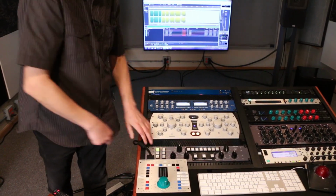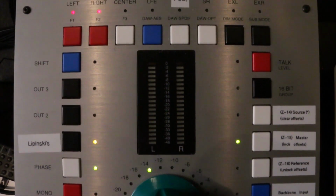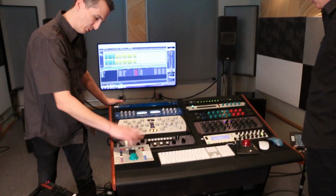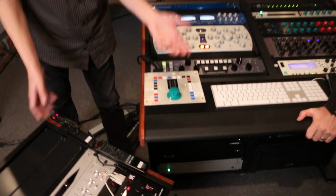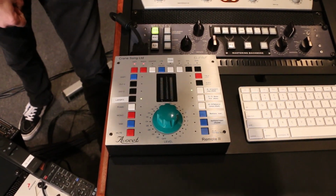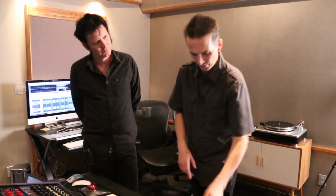On the monitor controller, I can hear the input of the console versus the output of the console, or source, master, reference. And then through my digital patch bay, I can pretty much put anything in there I want as well. So if we're going to listen to a CD, I can send that to my reference if I wanted to. So real quick, what I was talking about with the level matching with this thing, the other thing is this stepped knob. Like I said, this is one of the most important things in here because it's a calibrated room. This is where my monitor gain usually is for most modern recordings. And I know that when I have this level here, a certain loudness is coming out of these speakers when it's correct. So when I'm working here,